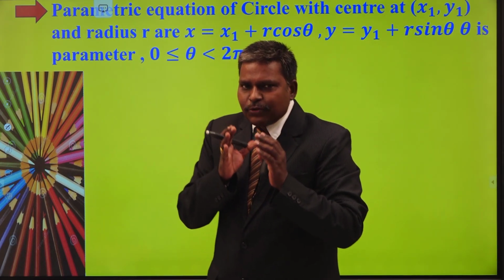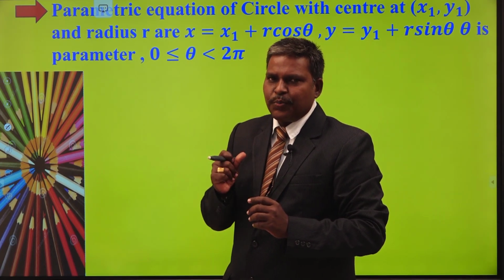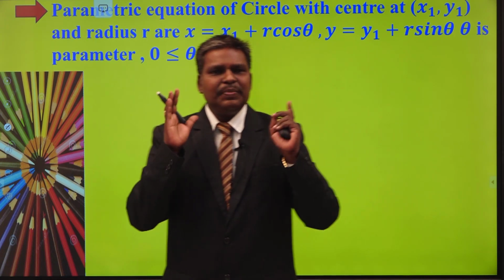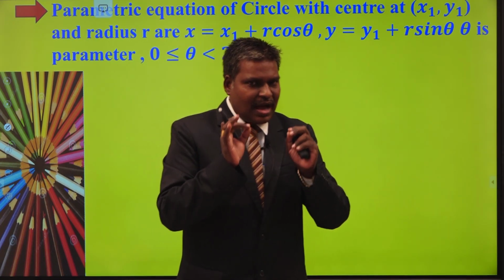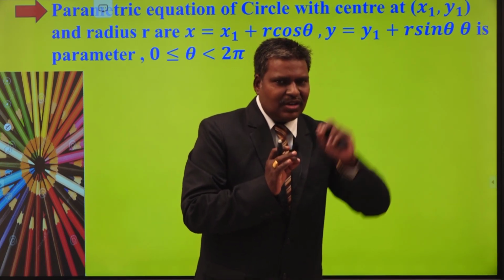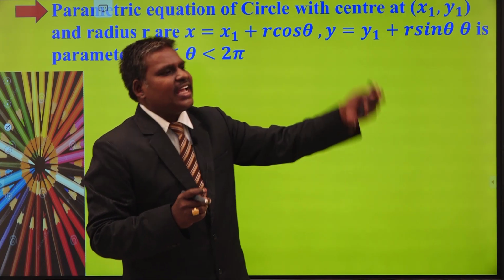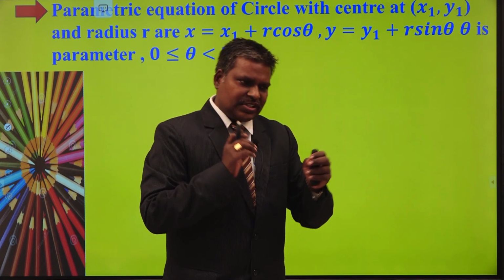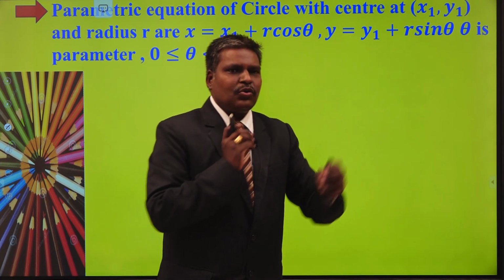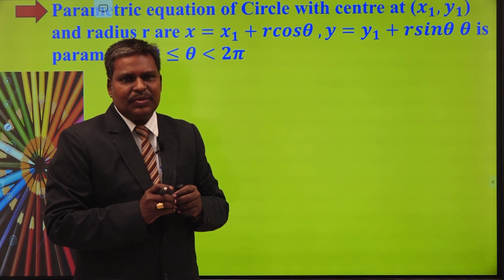So once you know the parametric equations, if you put the r value there, you get immediately the point on the line. Right? If you change the r values, you get different points on your line. Suppose your line is ax plus by plus c equal to 0. Can you give me one point immediately? You fix some x coordinate and then you have to find the y coordinate. You are going to give the coordinates of the point.